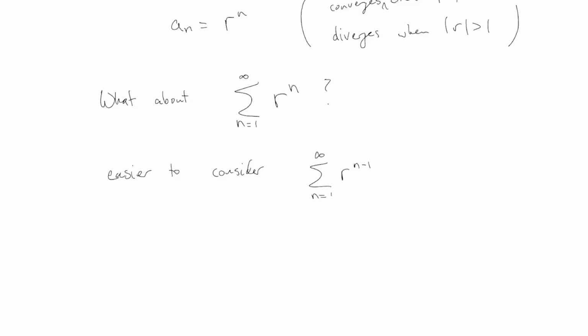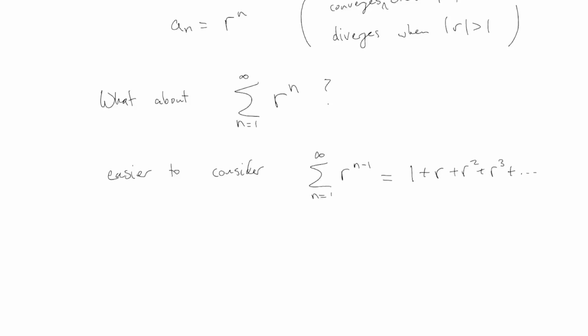Well, you'll see why, but this one begins, the exponent is always going to start off as a 0. So it's basically the same series, only it starts with the exponent as a 0 and then 1 and then 2, rather than, if you write it this way, the exponent starts as a 1. That's the only difference. If you write out the terms here, it begins with r to the 0, which is 1, and then plus r squared, r cubed, etc. This one turns out to be a little easier to handle just because that extra 1 on the front makes everything work out slightly nicer.